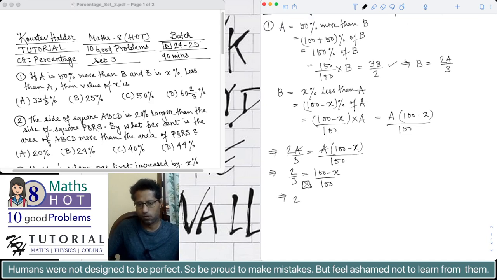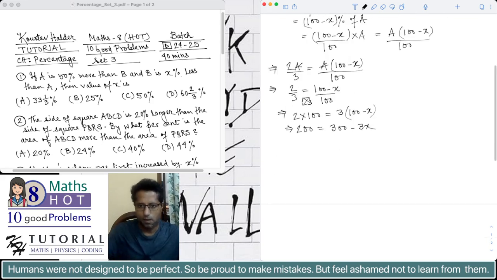And we get 2 multiplied by 100 is equal to 3 multiplied by 100 minus x. This implies, simplifying both the sides, we get 200 is equal to 300 minus 3x. This implies if I bring the x terms, that is the variable terms, to the left hand side and all the constants to the right hand side, I get 3x is equal to 300 minus 200, which is equal to